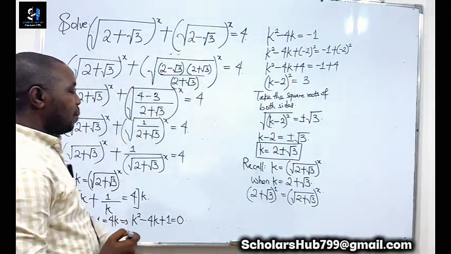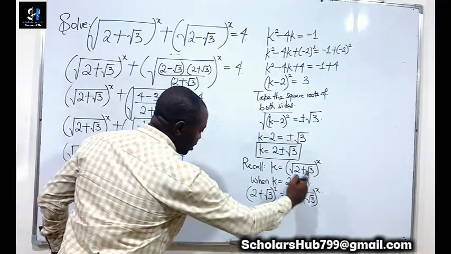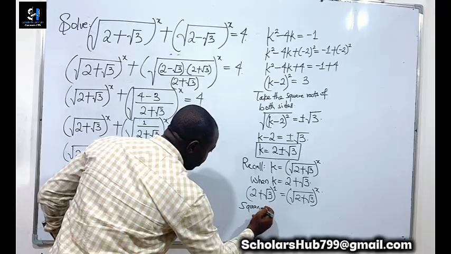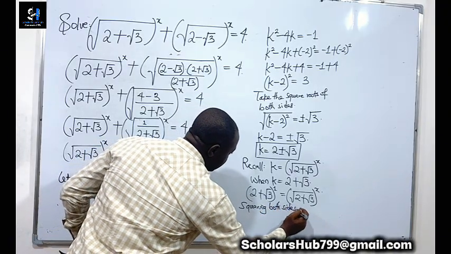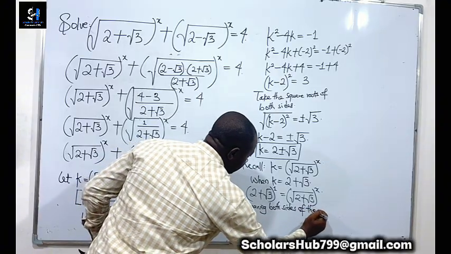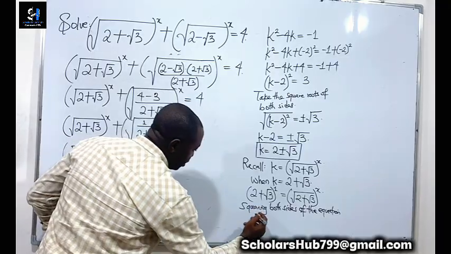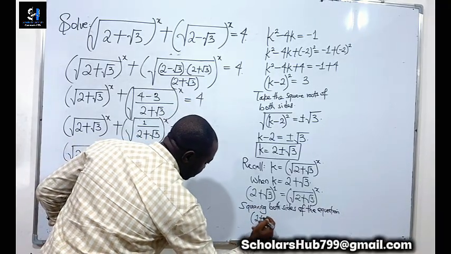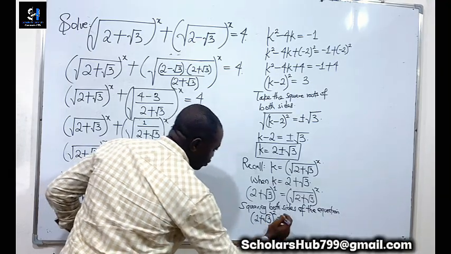Now I can square both sides. Squaring both sides of the equation, this will be the square of (2 plus root 3) equals